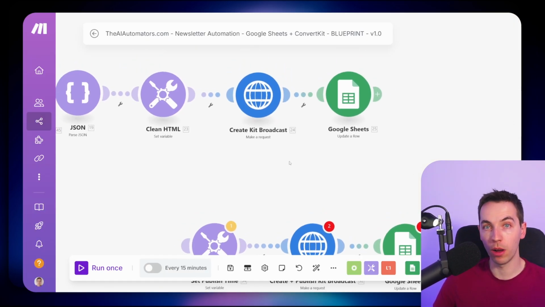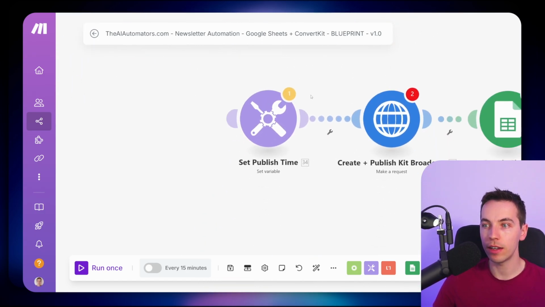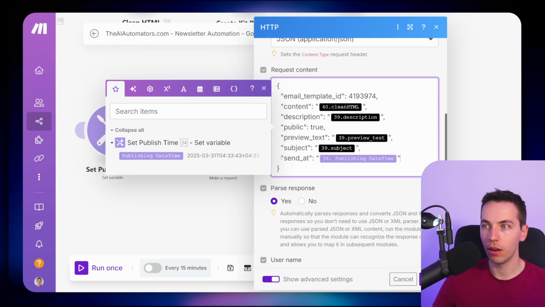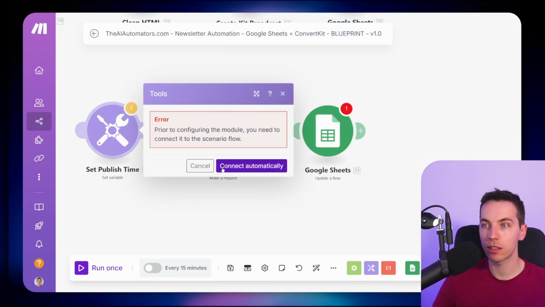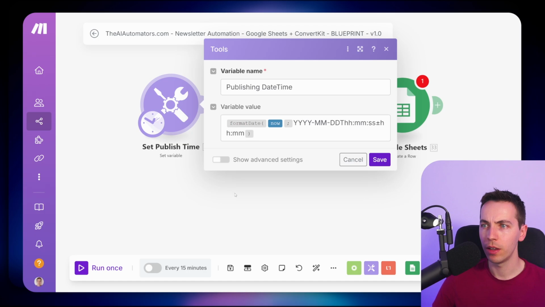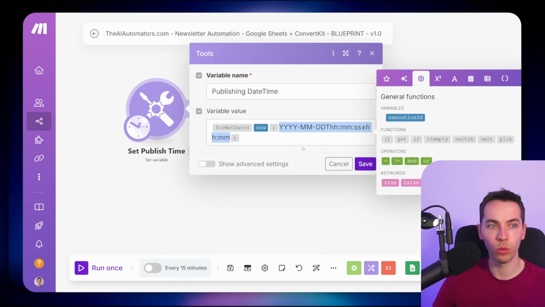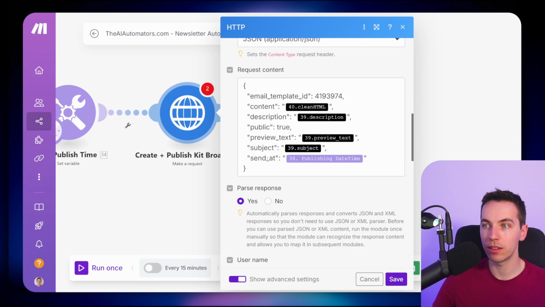Finally, if you want to auto-publish the ConvertKit broadcast, then before this main HTTP request, you need to add in this set publish time. All you need to do is go into the request and add this send at field, and then you need to pass in an ISO date to publish. So in this case, I'm going to connect up this flow to the very start just so you can see what I'm doing here. And you have format date now, and then we have the exact date time format that we want. Then from there, we're passing that directly into this send at